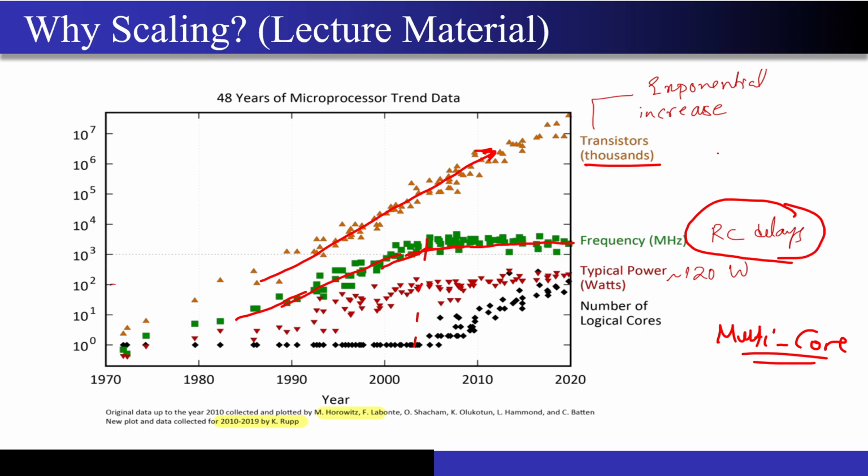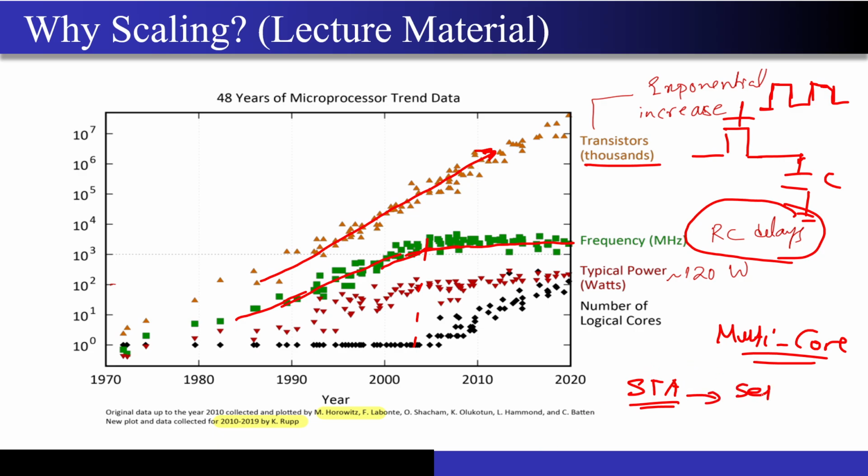So what does this RC do actually? This RC delay is nothing but, if I have a MOSFET over here, and this is a clock input, and I have a C over here. Now I have to charge this capacitor very quickly, and also discharge it very quickly. Now if I give a very high frequency input, I may not be able to charge this capacitor quickly compared to the clock period that I am giving, correct? So this puts a certain limitation. And if you go into an advanced course like VLSI, there you will study a concept called static timing analysis, correct? When you study static timing analysis, the concept of setup and hold time will also come.